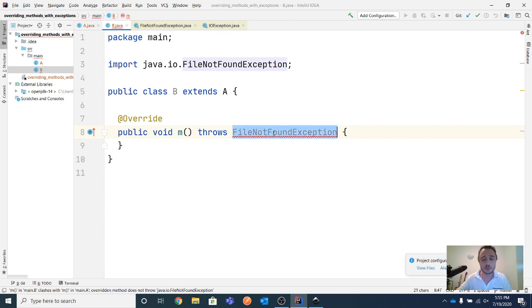This wasn't the case when I used the null pointer exception, isn't it? See, with null pointer exception everything works fine. You have no compilation problem because it's a runtime exception. But when we discuss checked exceptions, you cannot throw from a method that's overriding another method more exceptions than the method it overrides, which means that method M in class B cannot throw more exceptions, more checked exceptions, than method